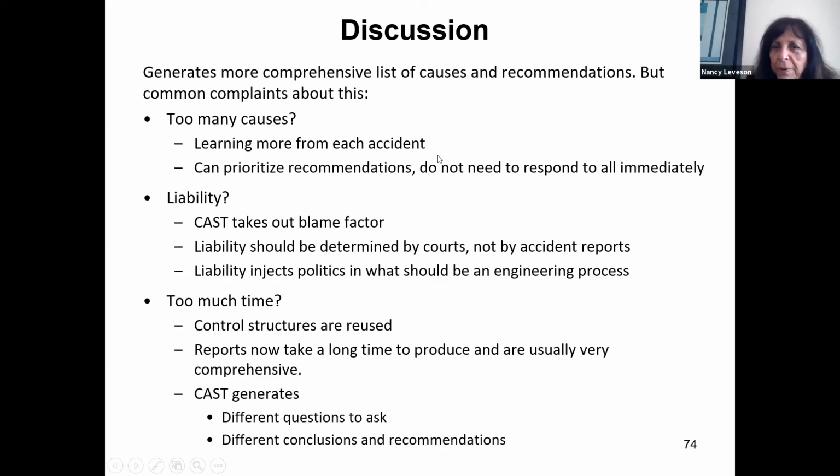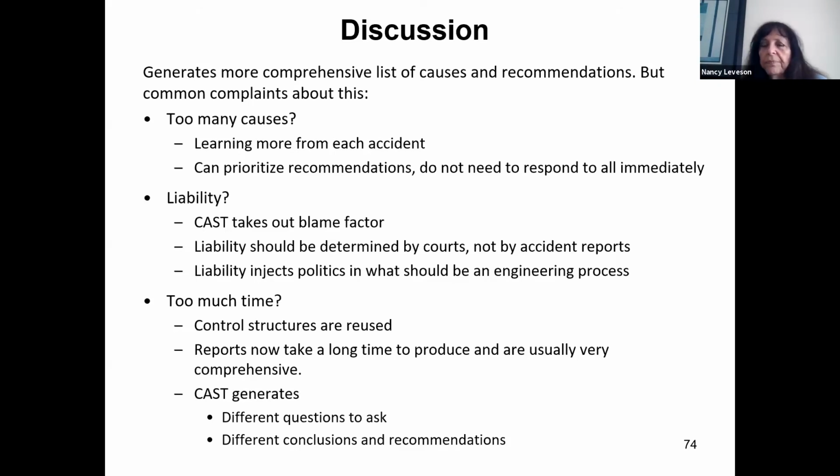Should be determined by the courts, not by accident reports. Liability injects politics in what should be an engineering process. So the accident reports are really biased. There are large companies, there are other people with a stake, who do not want the accident reports to blame anyone but the pilots. And for example, in